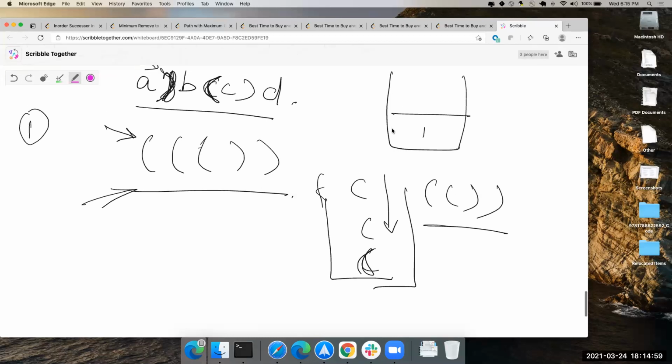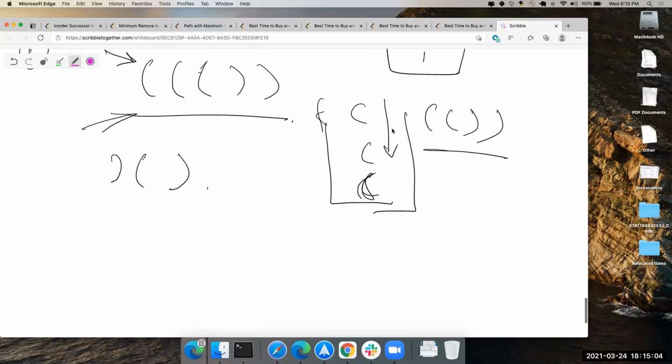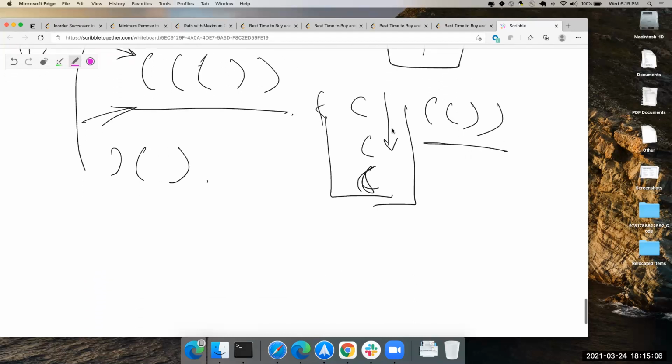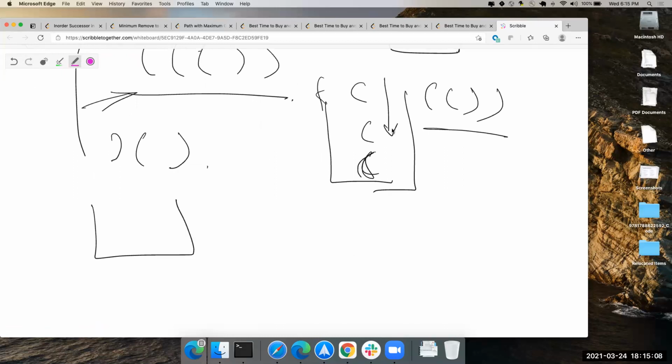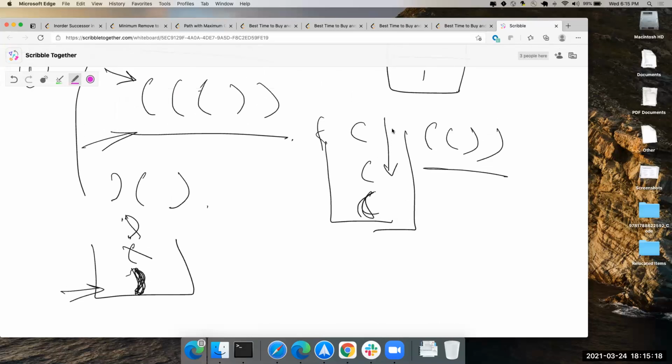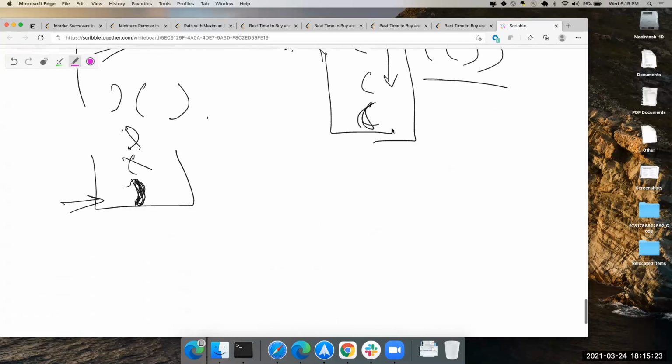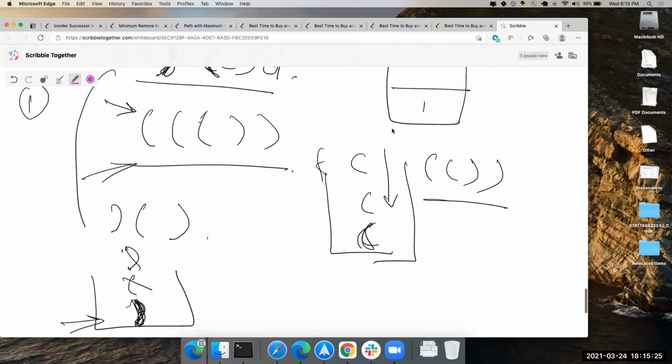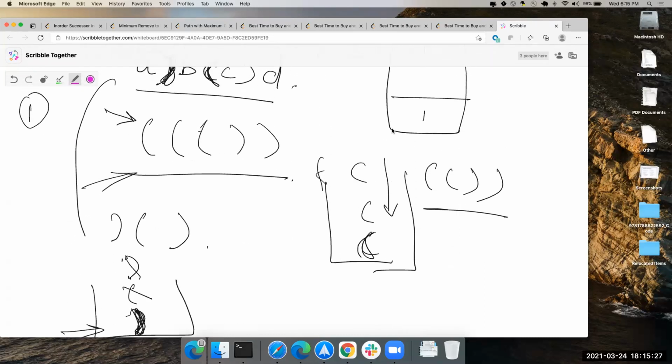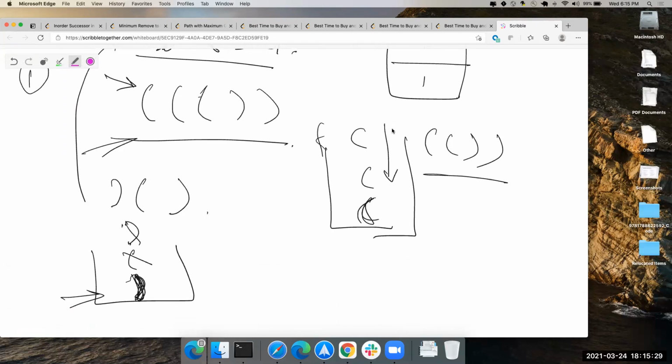And similarly, if you have this one, basically this is exactly the same as this one, and my stack is empty. First you have this. If you get this, then you remove these two. Then you still have this. Then you figure out that this one is making it invalid, so you remove this one. Okay, so you're using a stack. Does it make sense why I'm using that stack?